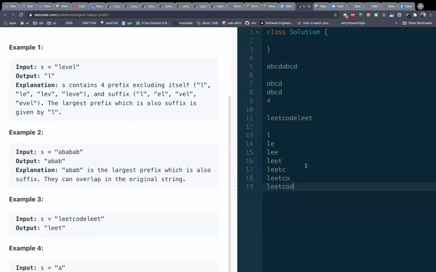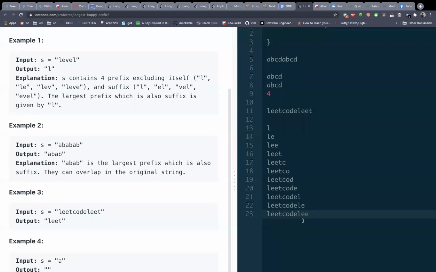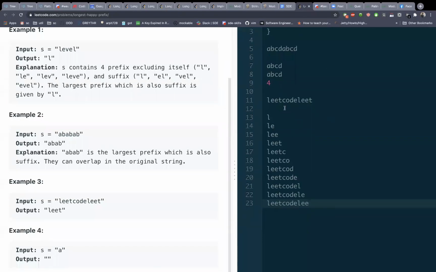Okay, actually I think there is more. The prefix should start from the first character, right? Yeah. Okay, then maybe reaching mid may be sufficient enough, right? Should we really go up to the last? Yeah, I think that also makes sense. No, I think we will have to go. Yeah. I think what you're saying makes sense. Yeah, we can go till mid. Yeah, that's not a problem. So these are all the prefixes of the given string that we have.